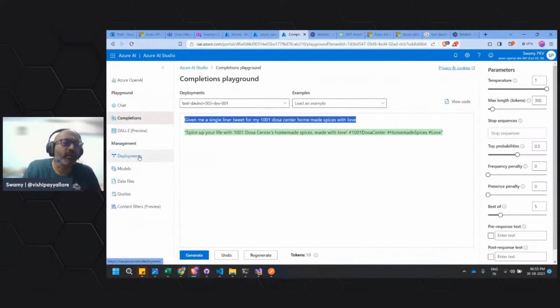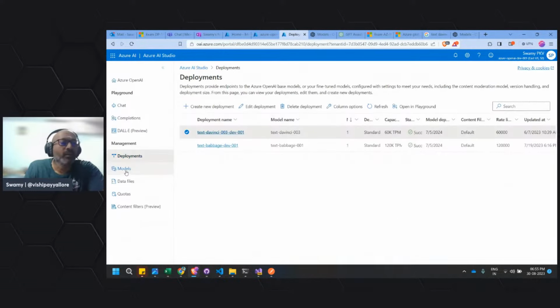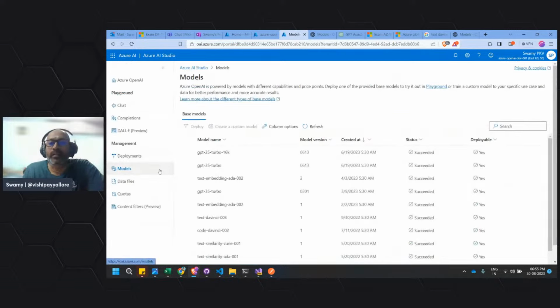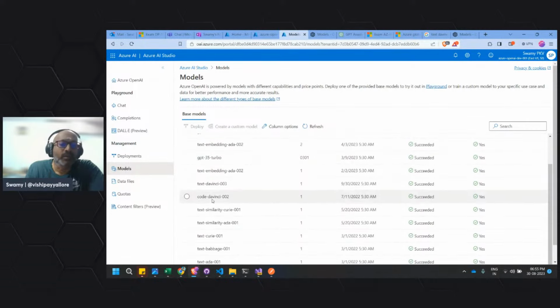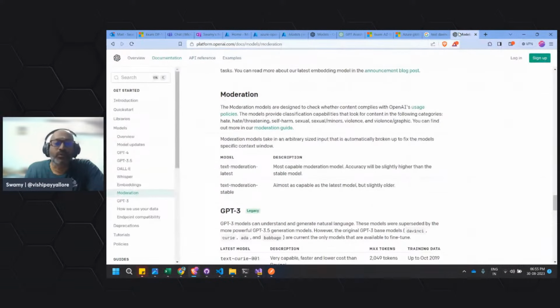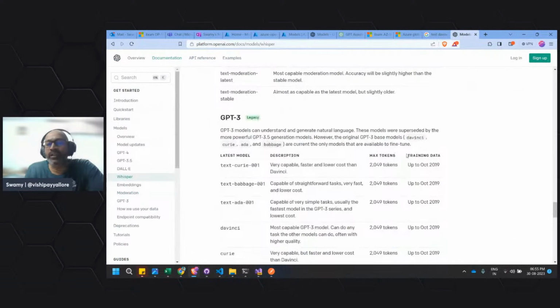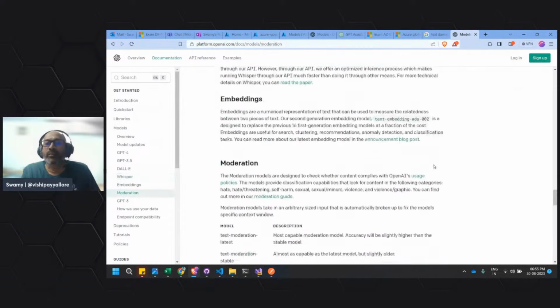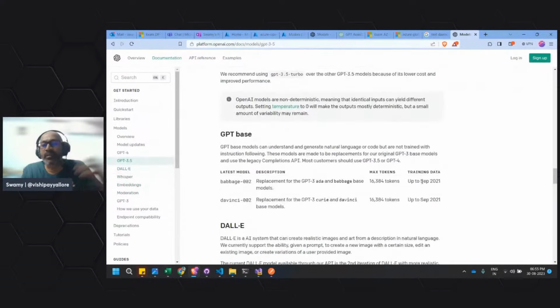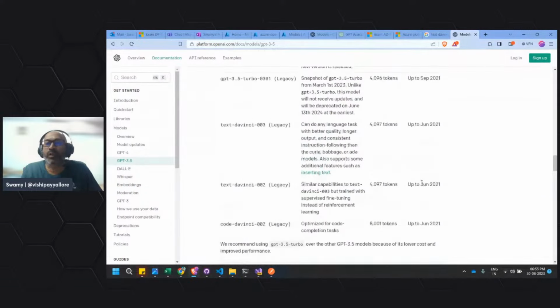Like if you see here, the models here include text embedding, text davinci 2, and text davinci 3. Also, you see the training data goes up to a certain date, and some go further, up to September 2021.